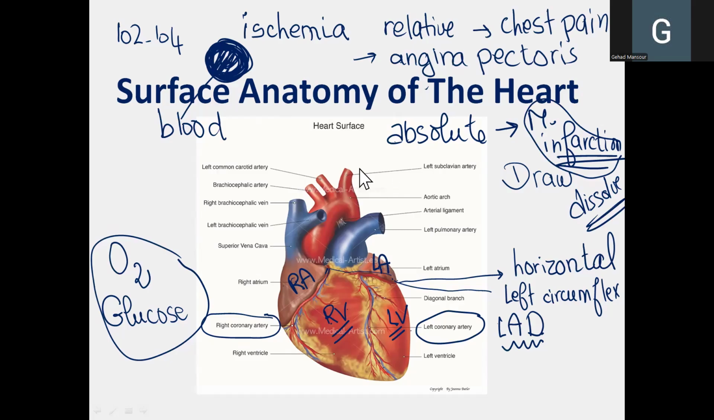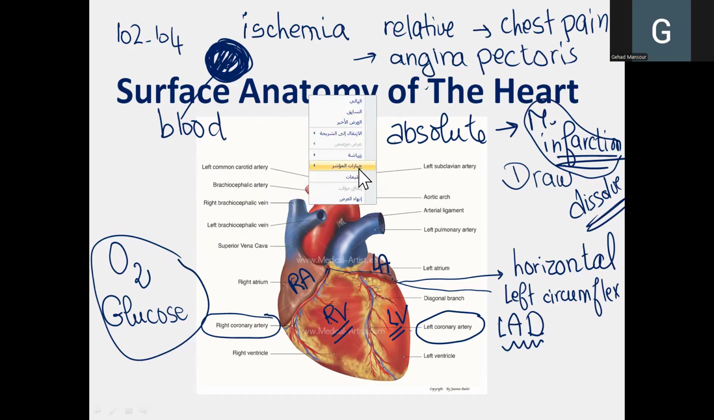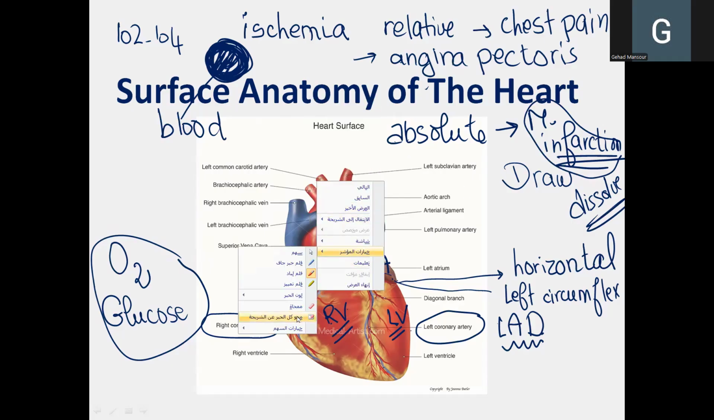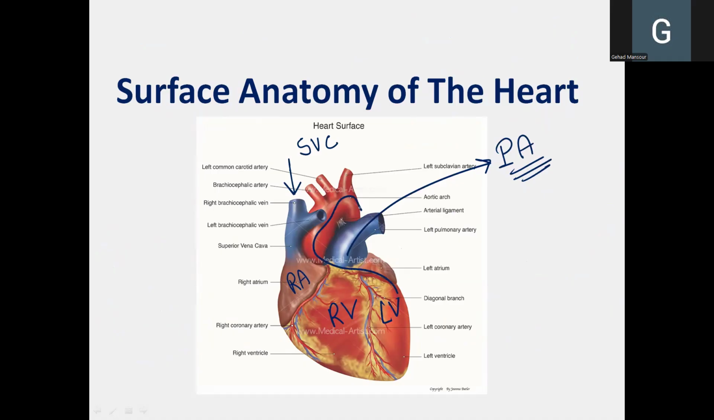Coming back to our diagram and the labeling of the diagram, you are supposed to know the blood vessels that are connected. So here, if this is the right atrium, definitely this is the superior vena cava. And if this is the right ventricle, then definitely this is one of the branches of the pulmonary arteries. And if this is the left ventricle, then this is definitely